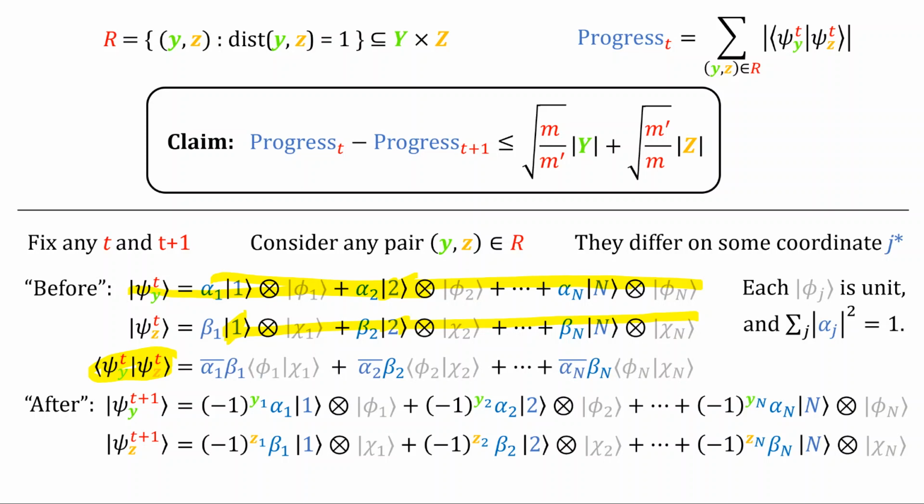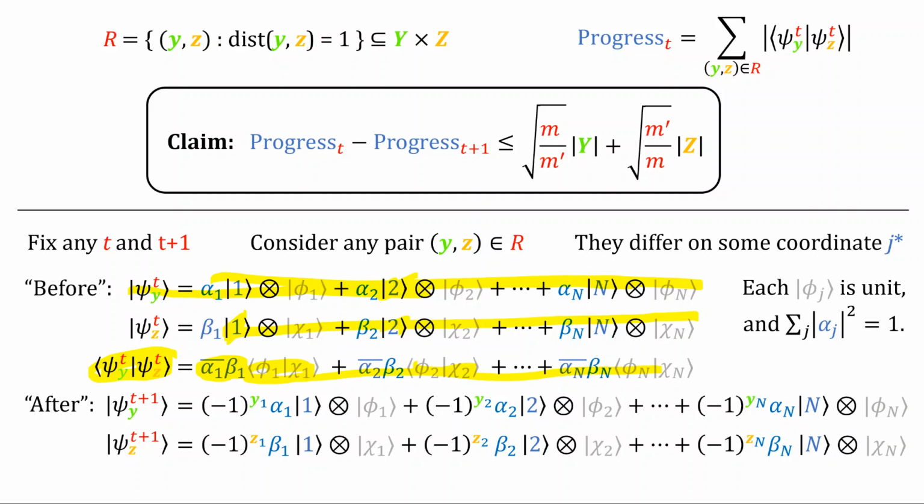So actually, it's not so bad. The inner product between psi y and psi z looks like this. It's the sum over all coordinates j of the complex conjugate of alpha j times beta j times the inner product between phi j and chi j. So you'll get some linear combination of things that look like this, alpha bar beta times the inner product between these phi and chi vectors. That could be whatever it is, some complicated quantity,